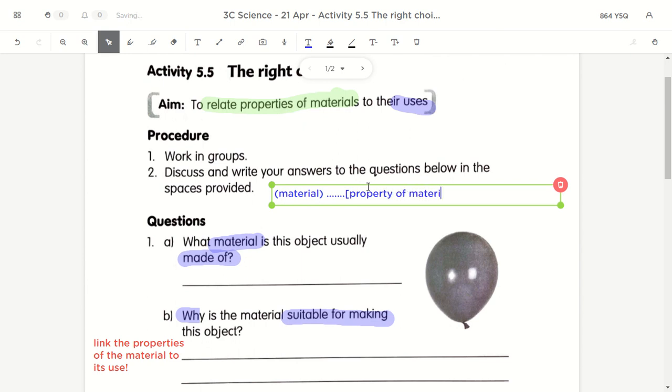For example, if I say glass, probably one of the properties is that it allows light to pass through. If I use metal, one of the properties perhaps is it is strong. If I use plastic, perhaps one of the properties is it is waterproof. So I always start with the property of the material first. When I choose the material, I always link back to the property of the material, and then